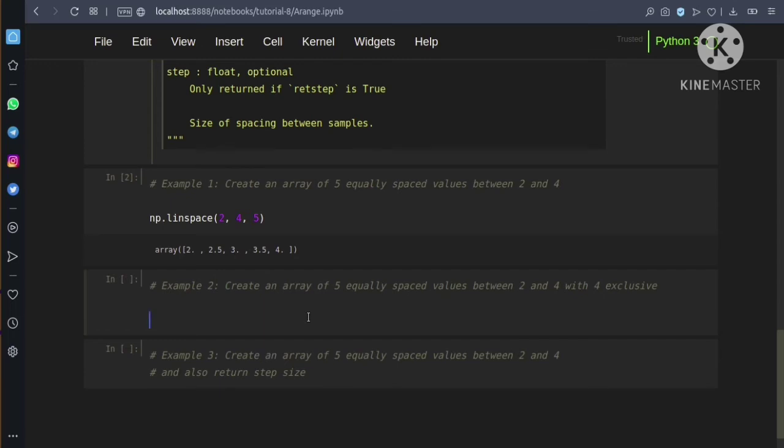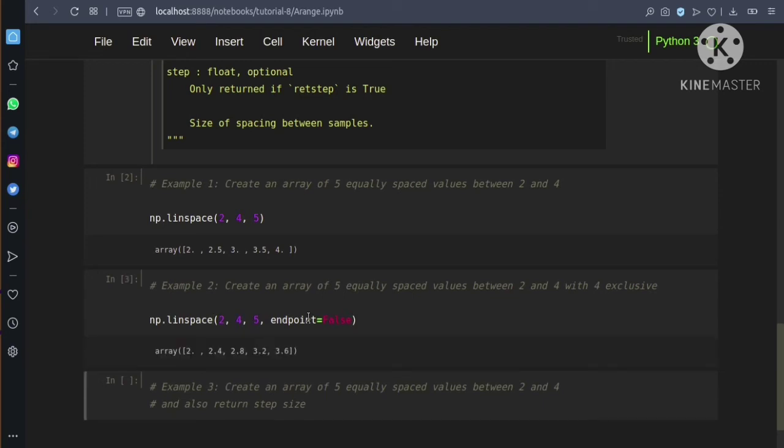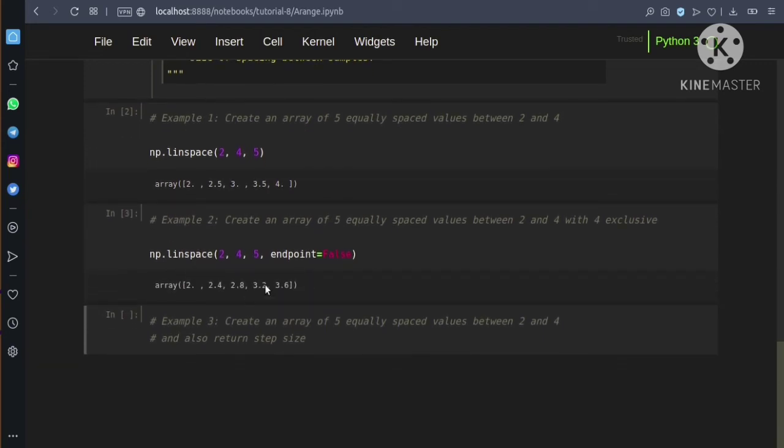So we give np.linspace of, start as 2 and then stop as 4, and then the number of samples to be 5, and then we put endpoint equal to false in order to exclude the stop value. So it has excluded the stop value 4, and it returned the 5 equally spaced values 2, 2.4, 2.8 and then 3.2 and 3.6, each having a step size of 0.4.